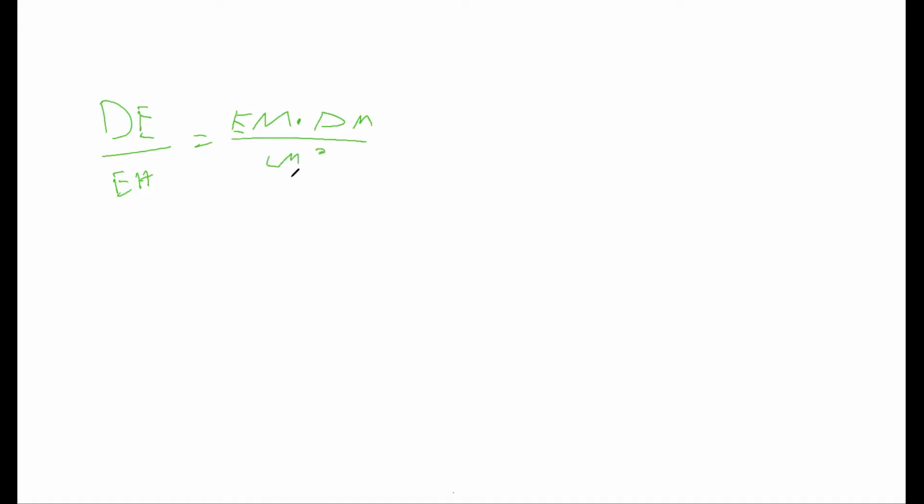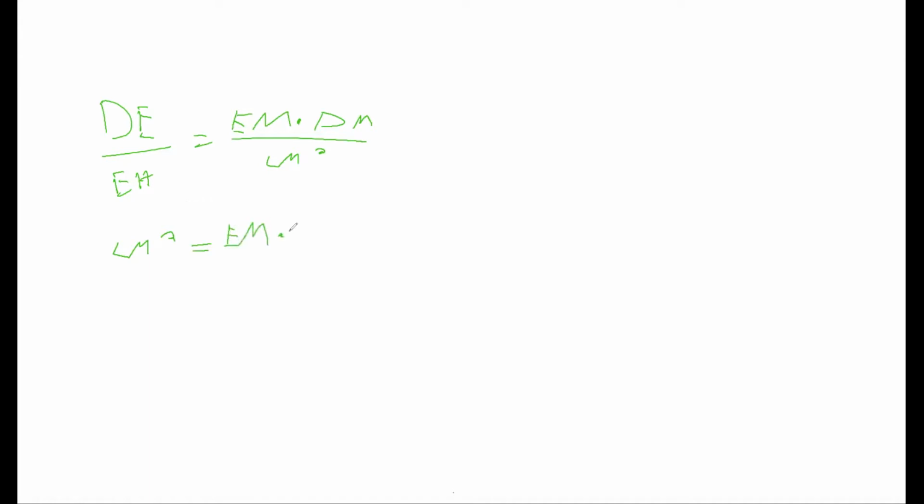So we have the thing that we start with, and then we just start moving stuff around because we want LM by itself. So we get it over there, multiplying both sides by LM. And then we multiply both sides by the reciprocal of DH over EH, so we can get it on the other side. And we end up with